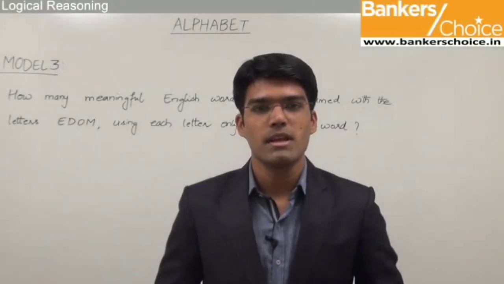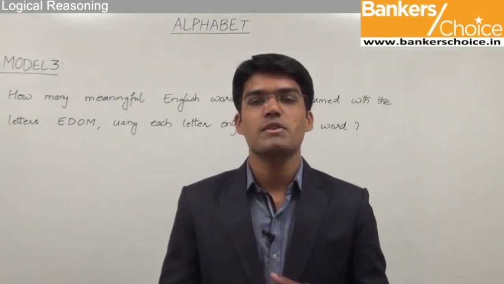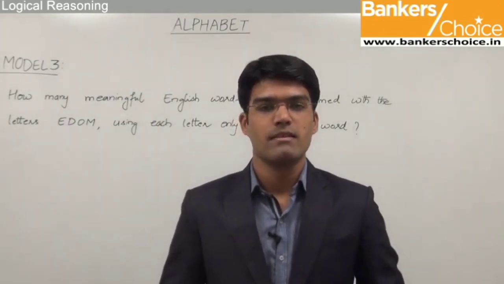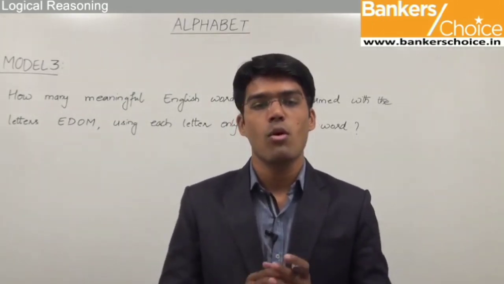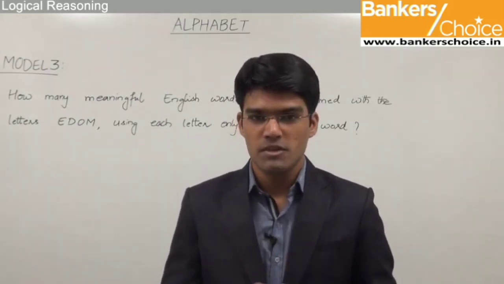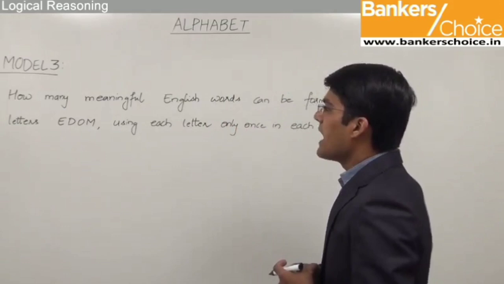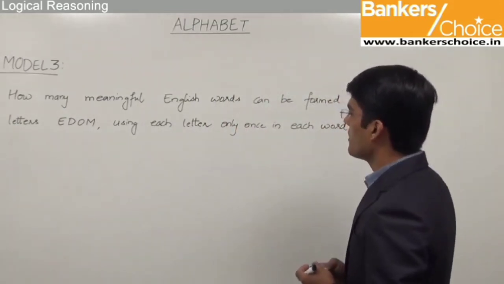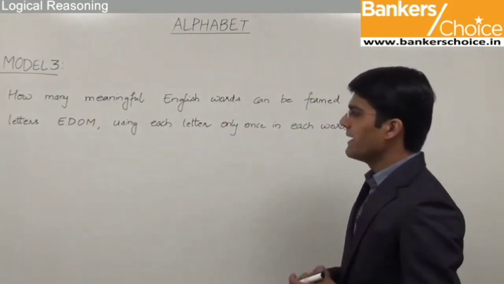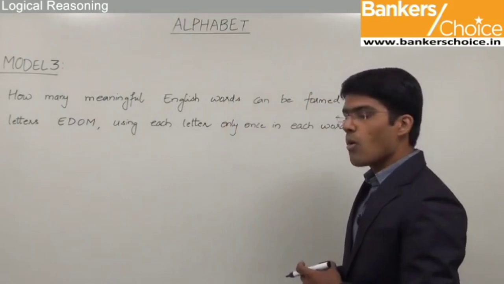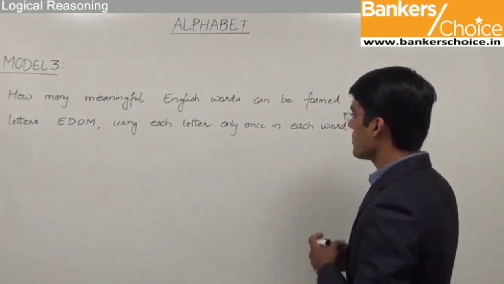Let's now take another typical model from alphabet which is based on vocabulary of a person. Here we are supposed to find out all the possible meaningful words which can be made from the given letters. Let's look at the question here. How many meaningful English words can be formed with the letters E, D, O, M using each letter only once